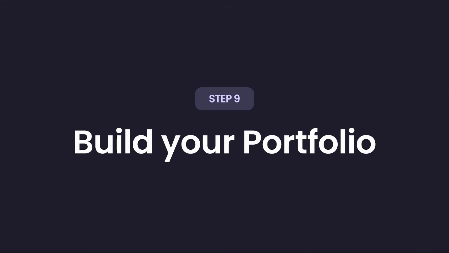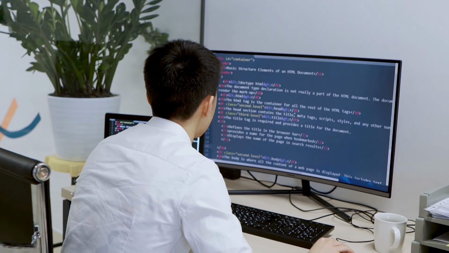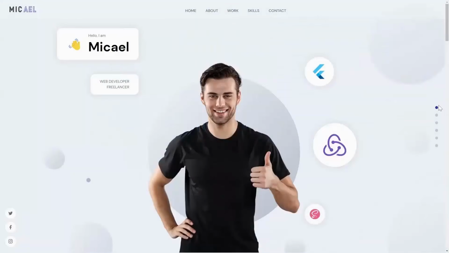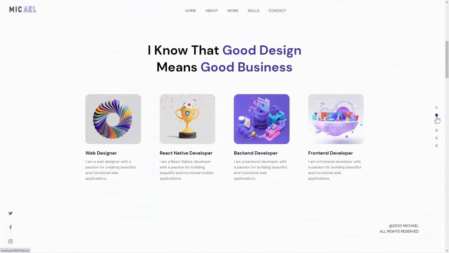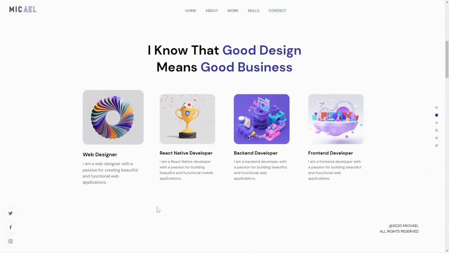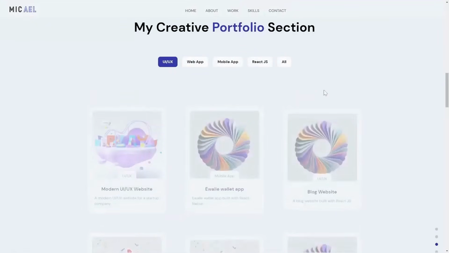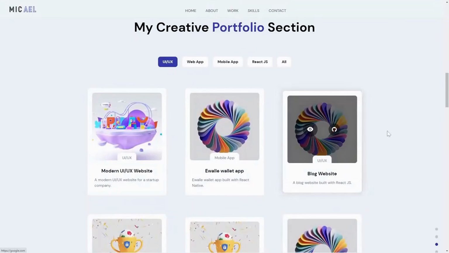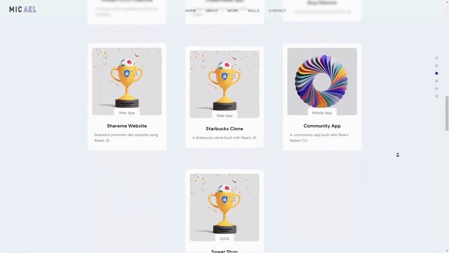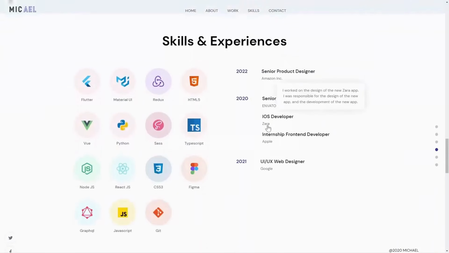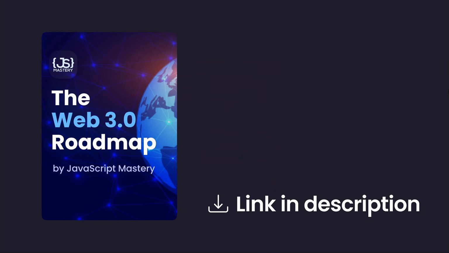And the last step is to build your portfolio. When you're comfortable working with blockchain and decentralized applications, you should consider building your portfolio because a portfolio website shows evidence and expertise of your field. It can also help build trust with clients because they have direct evidence of the quality of your work. A portfolio is crucial if you're looking for a blockchain-related job. So once again, in the guide below, you'll have a lot of different portfolio blockchain project ideas that you can start implementing right away.